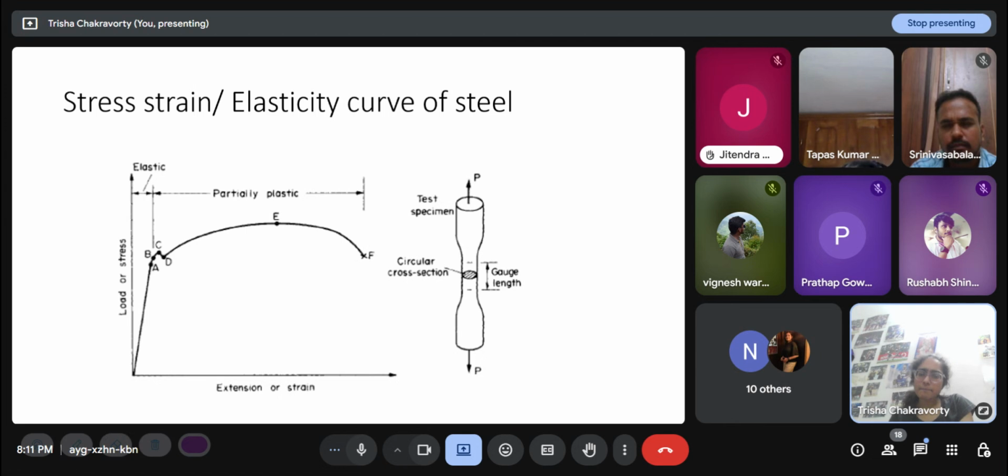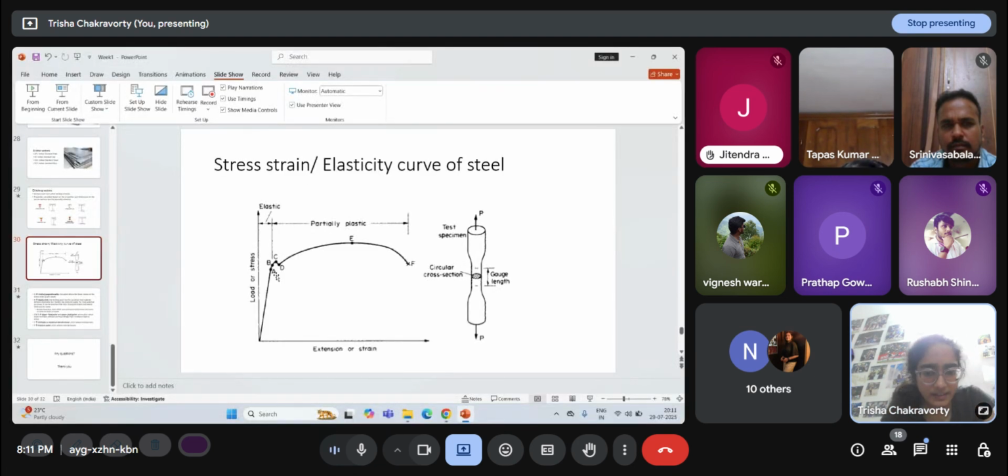Suppose at 300 MPa the corresponding strain, the corresponding elongation, is 5. Then I remove the 300 MPa completely. I completely unload it, but I still see that the strain does not reduce to zero. It reduces to, suppose, 1.5. Then 1.5 is the permanent set, which is now my structure will never go back to its original configuration. It will always be elongated by 1.5. That is the permanent set.